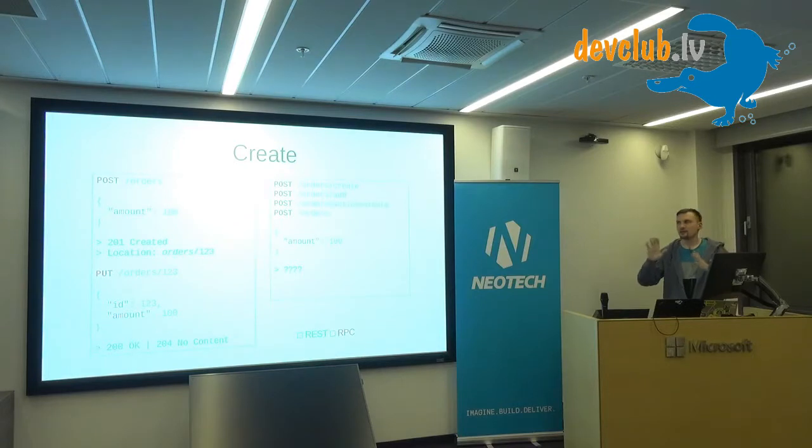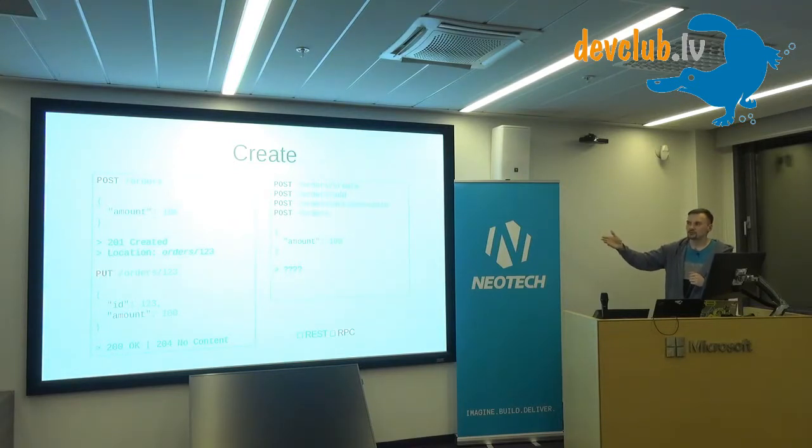That being said, now let's look at how you would do some CRUD operations with something I call REST, which is not RESTful, and something I call remote procedure calls, which really is not. So first of all, how do you create items? Well, the easiest way in REST, if you want to create an item in a collection, is you do a POST, like you would post something to a message board. You POST some item to /orders, to the whole collection, you get a 201 Created status, and you get a header with the location of the new item. That's how it should be.